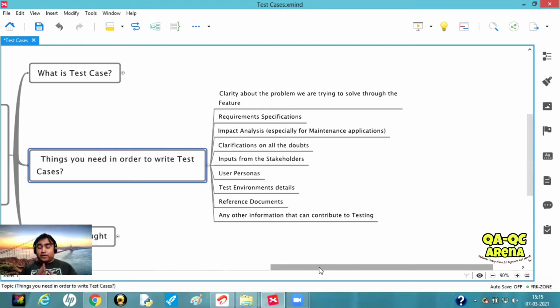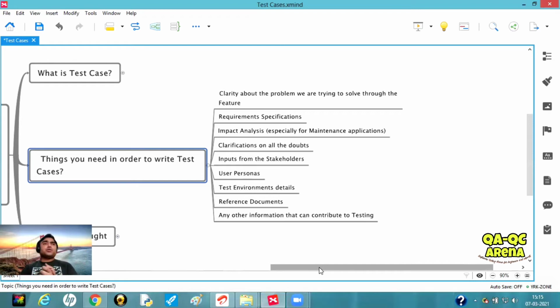So make sure you refer to them and use the information or extract of that information in your test cases, which is going to help you. Now moving on to the last, but again important point: any information that can contribute to testing. I have covered roughly seven or eight items, but anything that comes to your mind or can help you on the fly along your test case writing journey, make sure you get that information and use it in your test cases. Because at the end of the day you are going to execute those test cases, so the more specific you are in writing test cases, the more it will help you in the execution phase.